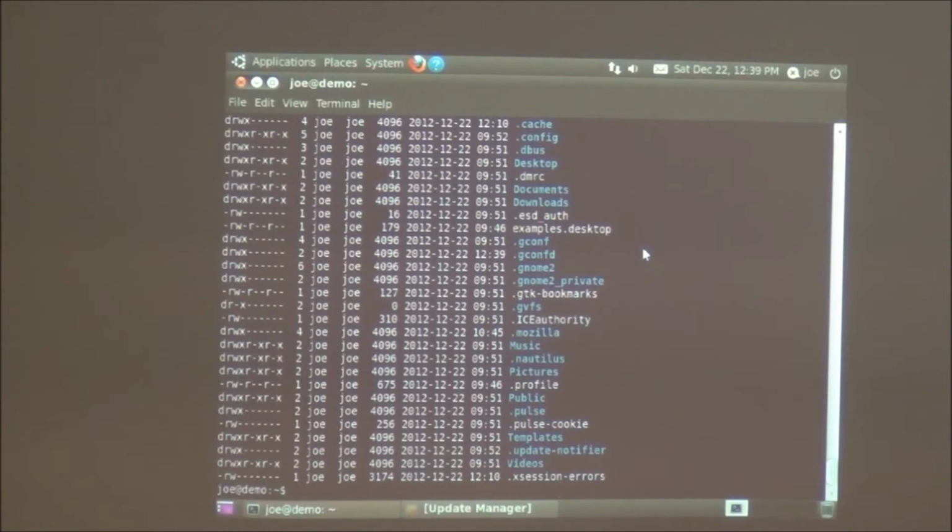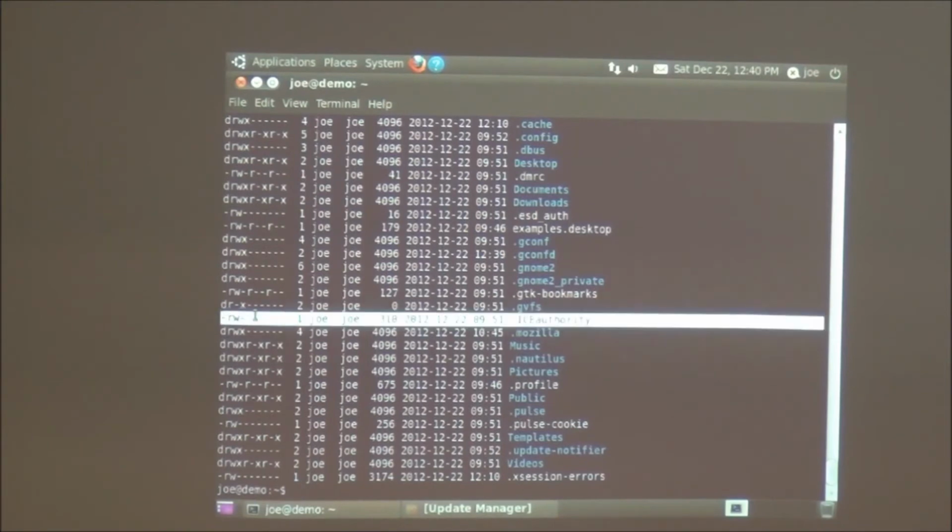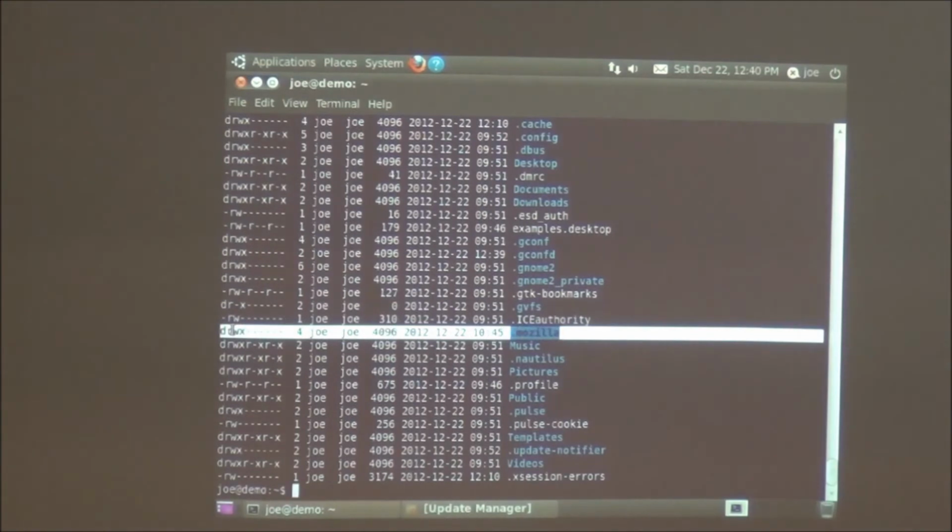So if you look at the permissions here, read, write, nothing else for this one file. Different directories, Mozilla. So this is the Firefox. All the settings for Firefox are in here. Only Joe, in this case me, has access to the folder.